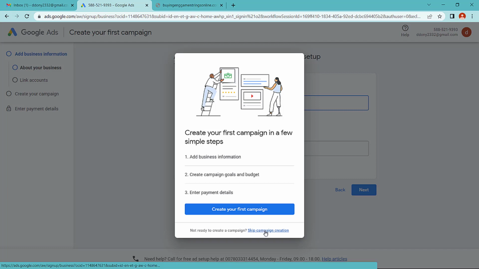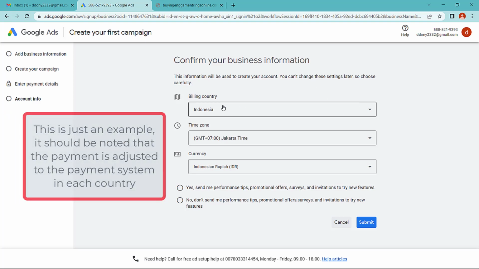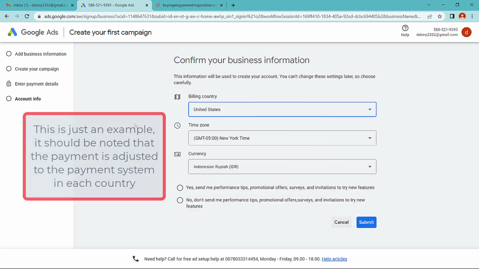Click skip campaign creation. Confirm your business information, your billing country. For example, you can click England or United States. For example, you click United States